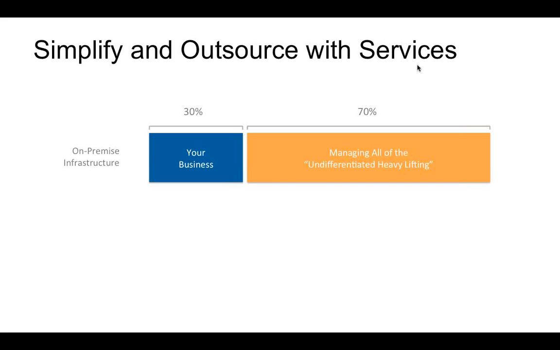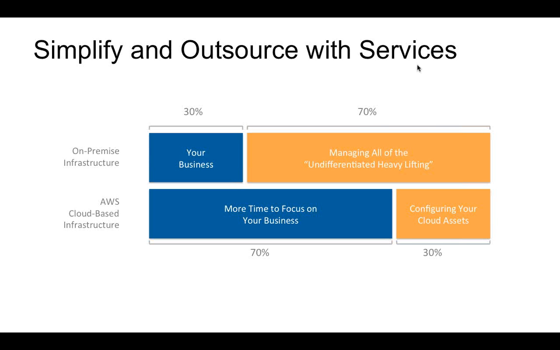In the legacy way of doing IT, basically building, managing, and hosting your own on-premise infrastructures, you actually spent a lot of your time and energy on managing that infrastructure. And basically not enough time was left for your differentiated action, which is improving your service, basically coding your business logic. So now, with AWS and cloud-based infrastructure, platforms, and services, you can just focus your energy and your effort on your business logic improvement, your application coding. And then a reasonable amount of energy on configuring your cloud assets.